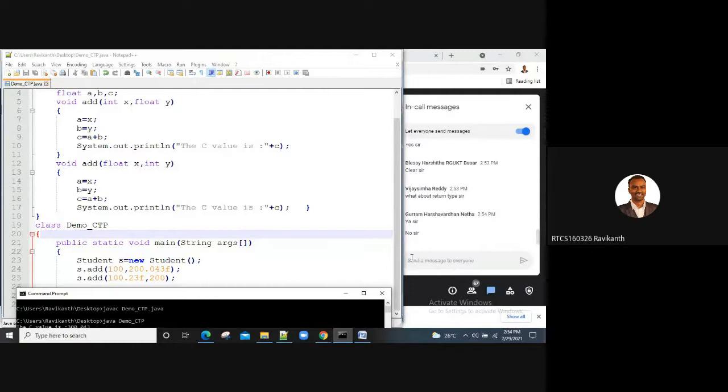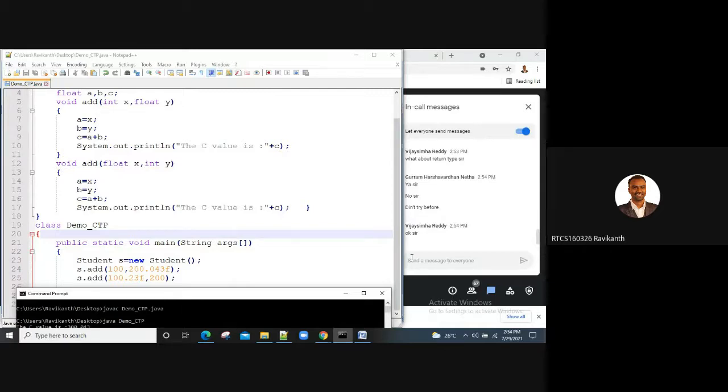Okay, Vijay has some question. Vijay, tell me. What about return type, sir? See, method overloading has nothing to do with return type, Vijay. If there are two methods of the same signature within the same class of a program, then obviously there would be an error. It would be an ambiguity situation.